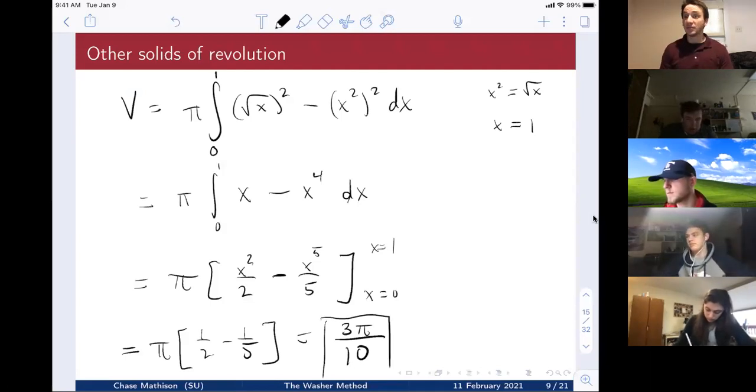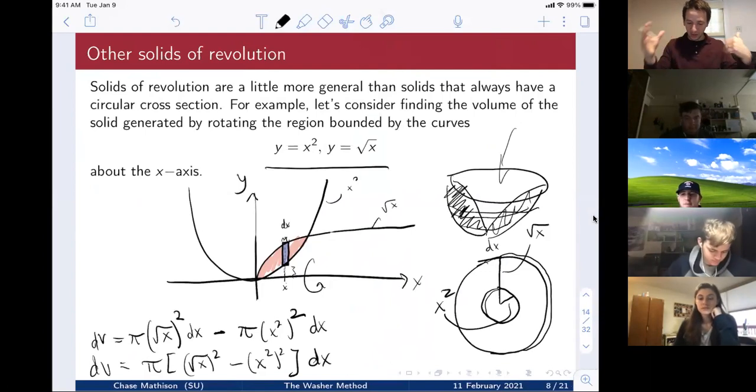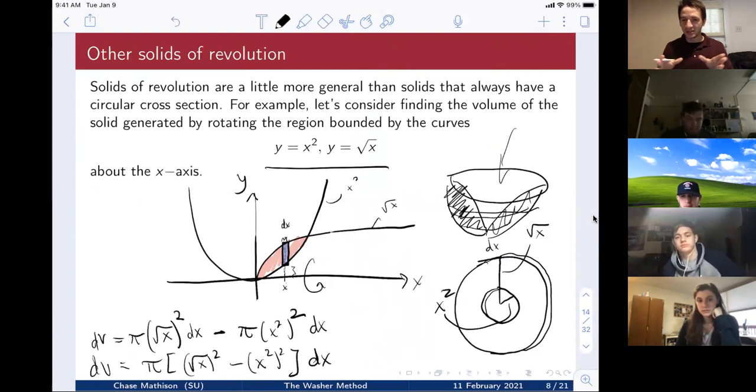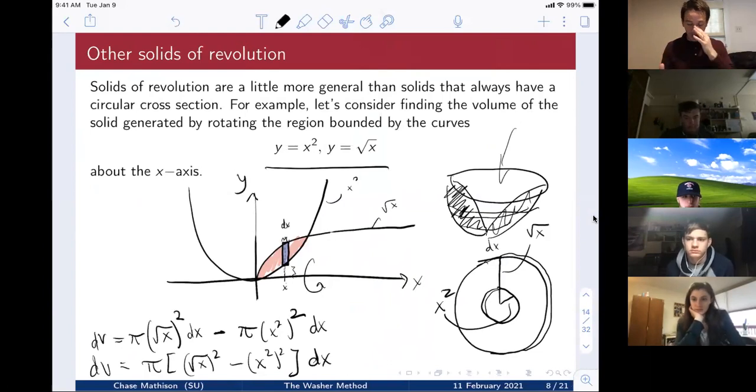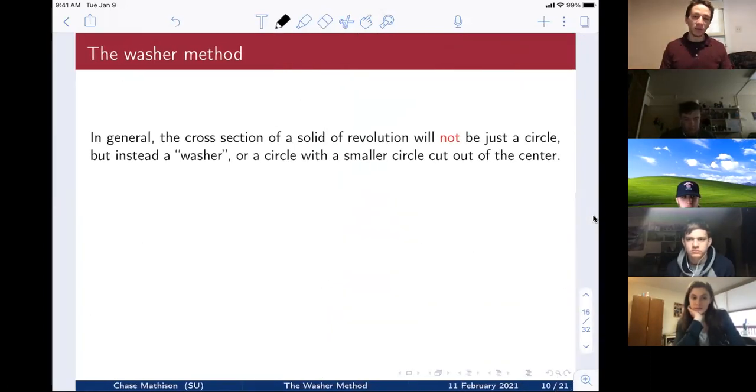So even though I haven't even formally told you how to handle shapes like this, what we've done before really naturally carries over. And again, this idea of taking, instead of focusing on the whole region, taking one slice and seeing what happens, that method, that process is so useful, and you can apply it to most applied problems in this course. Okay, so what we did, you can generalize the method and you'll find the washer